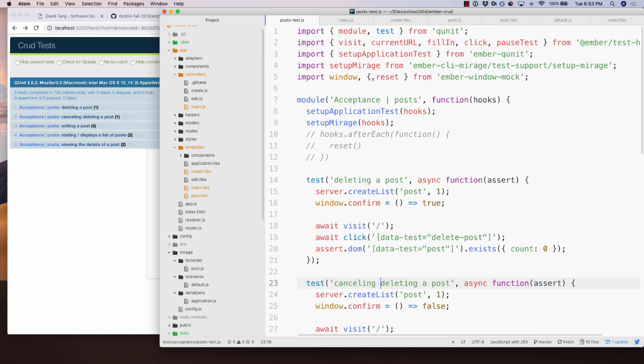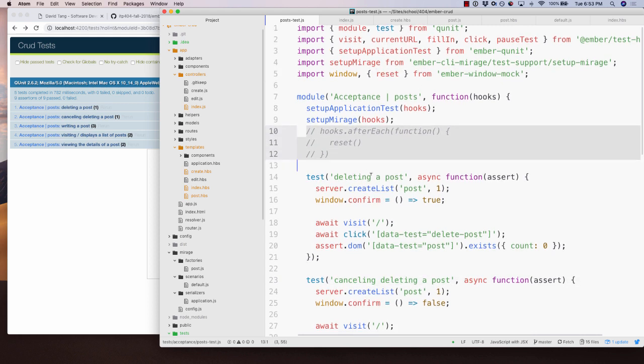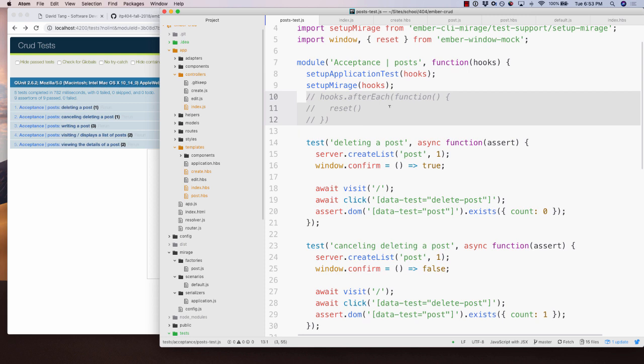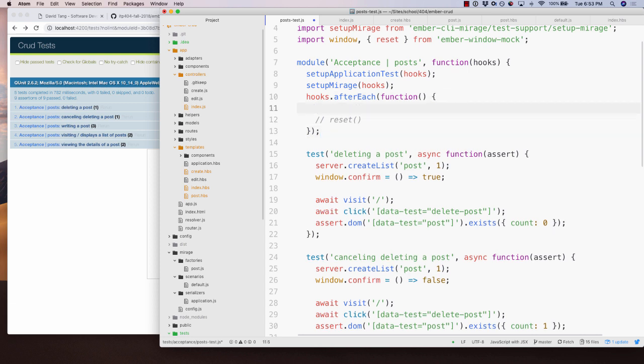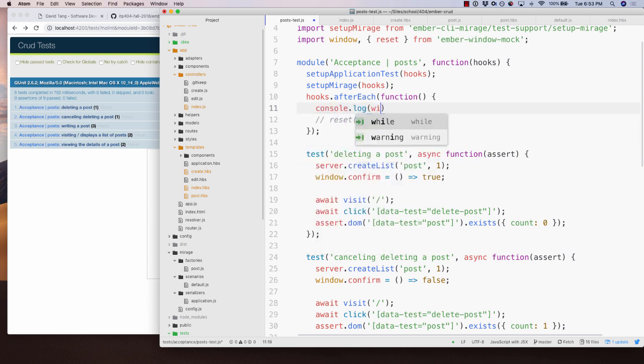Okay, so I imported this reset function from Ember window mock, and so each time we do this, we could actually say, there's this hook called afterEach, and this will run after every single test. And so if I just do a console log on window,